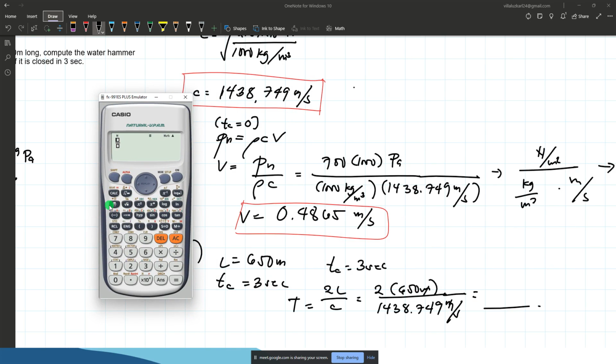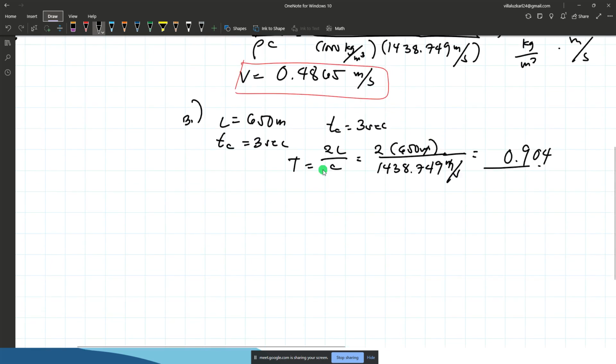Okay, 2 times 650 over 1438.749. So time is 0.9004. So the time of closure is greater than T. So the solution that we are going to use in determining the pressure due to the water hammer is 2L